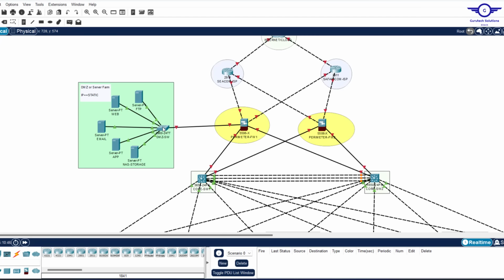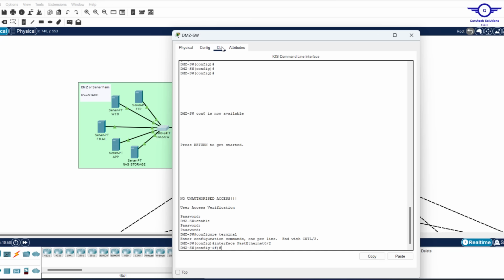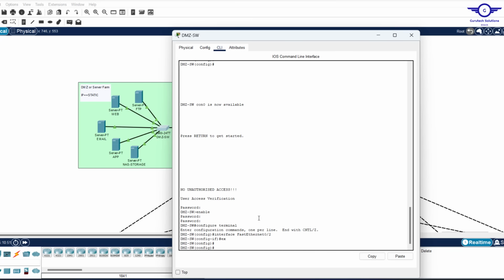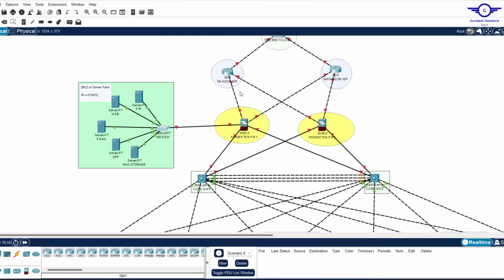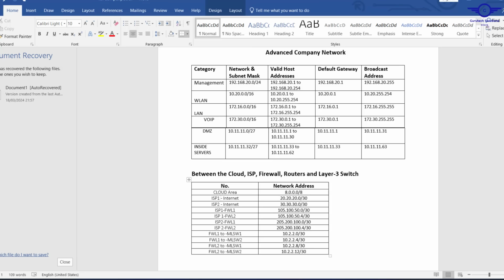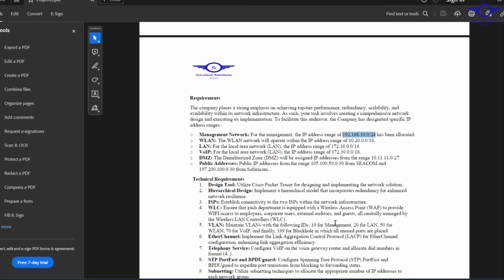There's no problem at all here. From 1 to 24 will be access ports. Good, so we're done with the spanning tree, BPDUGuard, and